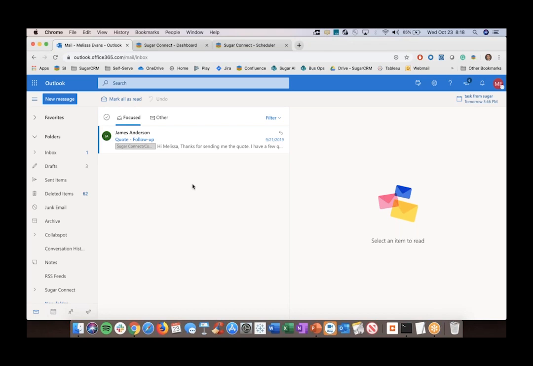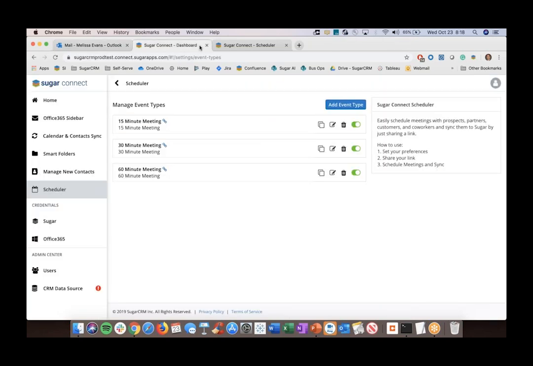I want to quickly jump into the portal view as well. So that is the Connect application. The portal experience, again, is generally reserved for admins or users that are configuring sync or other capabilities. I want to highlight the new meeting scheduling capability that's brand new as part of SugarConnect. So as I mentioned in my introduction, we have a new capability around helping you find times to meet with